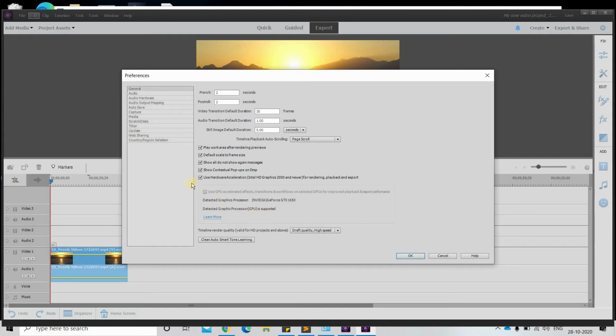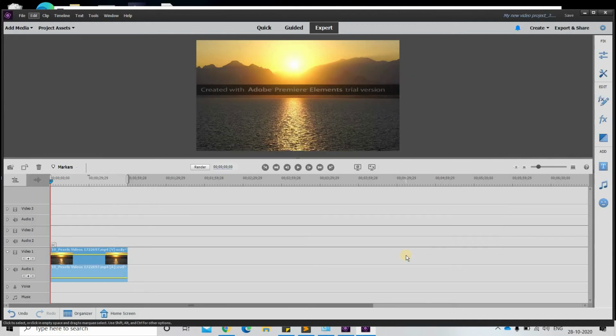This is the checkbox which enables the GPU acceleration feature. GPU acceleration is a feature in which Premier Elements uses the GPU of the machine for performance improvement. So you cannot use that if you are not using the licensed PRE.